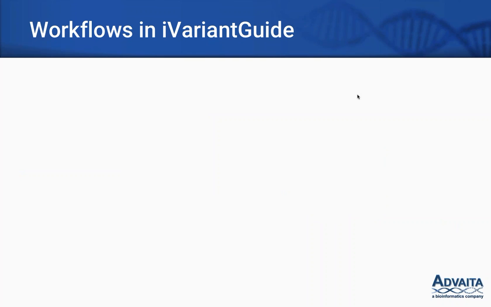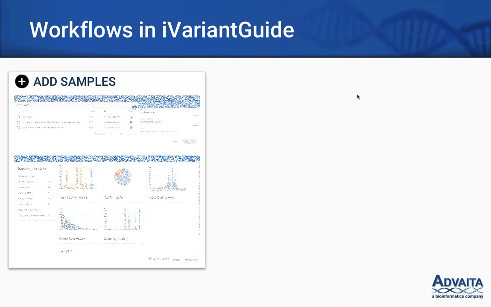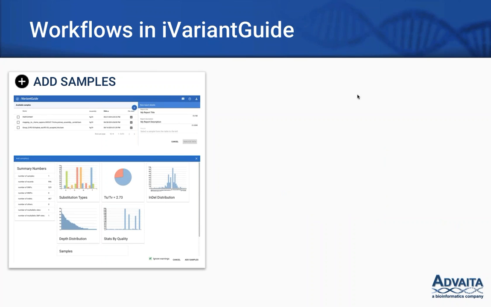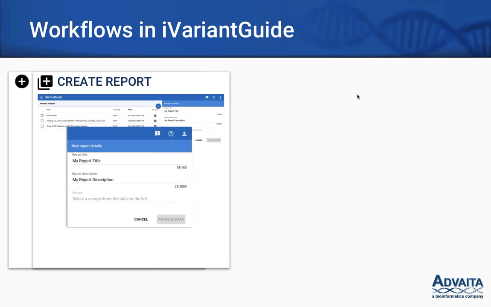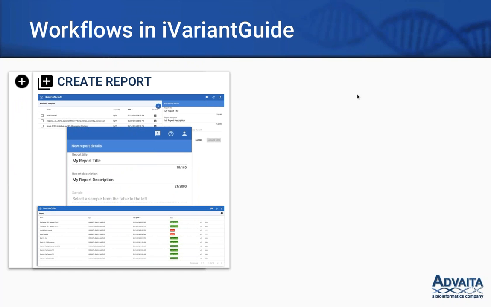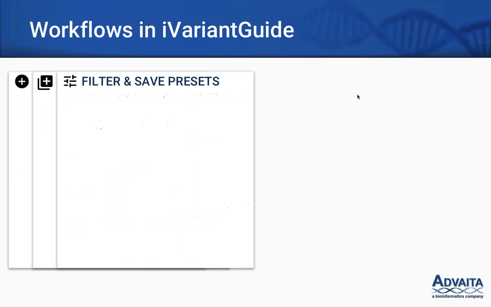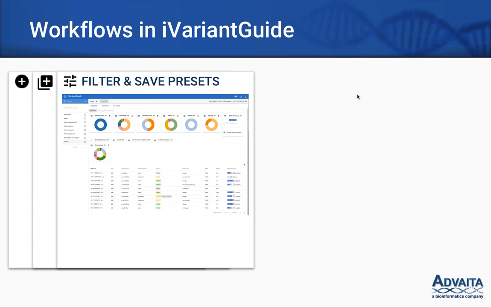So here's what an iVariantGuide workflow might look like. You first add your samples from your VCF and check their stats. Then you use those samples to generate a report in the same page where you have added your samples. Once you click Create Report, we start annotating your data, and when it's ready, the status bar will turn green on the Reports page. Next, you can enter your report and view the statistics, filter your variants, view details, and